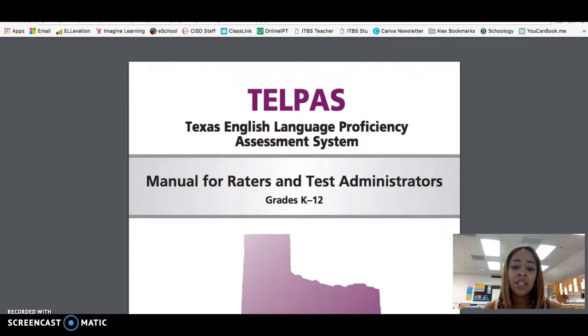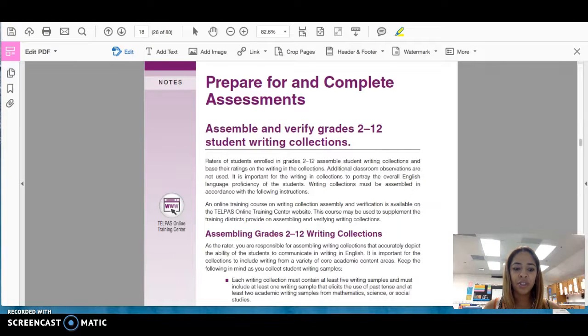So these handouts were included. I copied part of the TELPAS manual, and they were included in your green folder yesterday at the training. So if you want to grab those really quick, we will start on page 18. Okay, so hopefully you've grabbed your TELPAS manual pages, and you'll also need a highlighter in order to go through